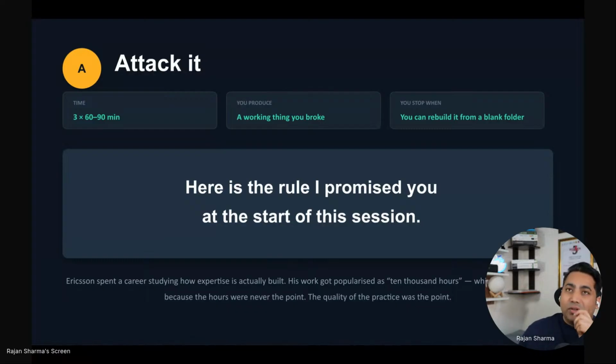Then Kathy took his work and turned it into something that we can actually check. Pick a specific skill you currently cannot do well. If it's the right size, you should be able to get it around 95% reliable within one to three sessions of about 50 to 90 minutes. And there's a part that matters.